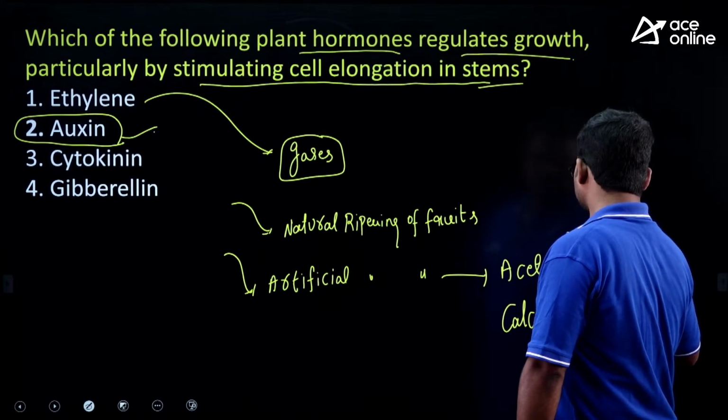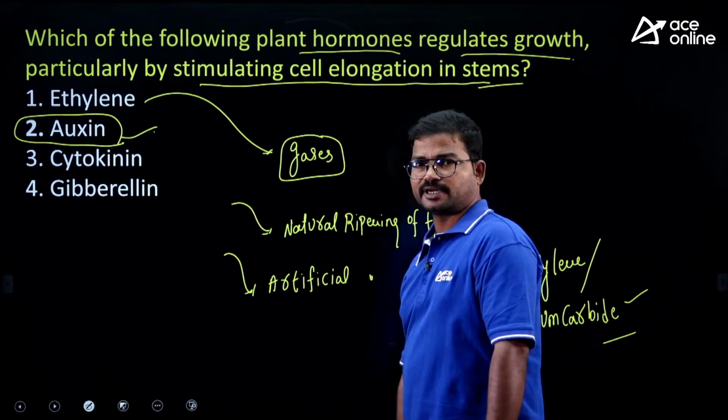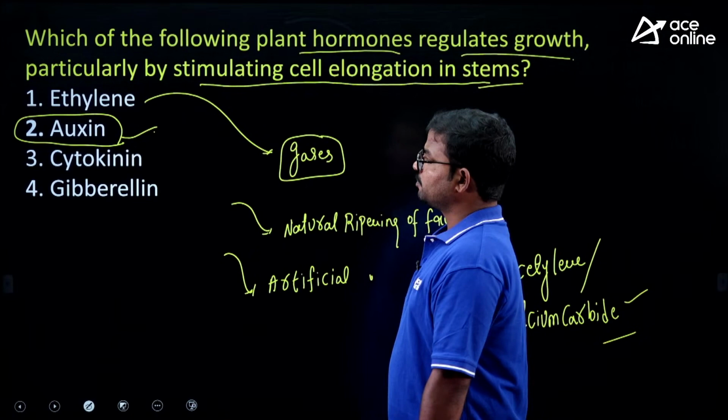Calcium carbide. So these are responsible for artificial ripening of fruits. Okay, right. So next one,